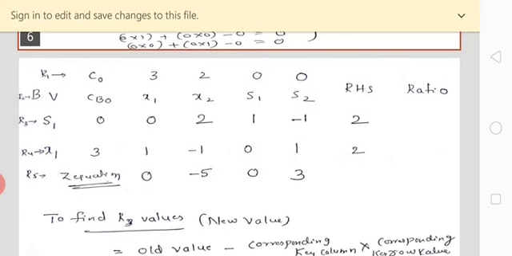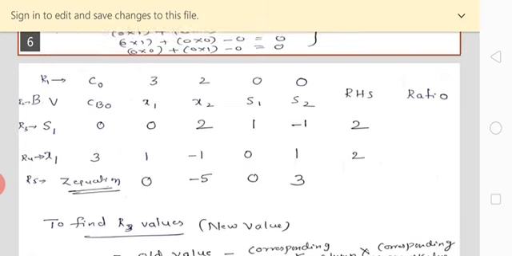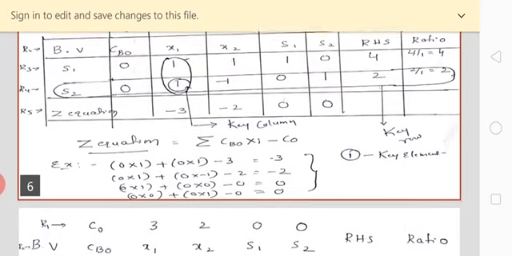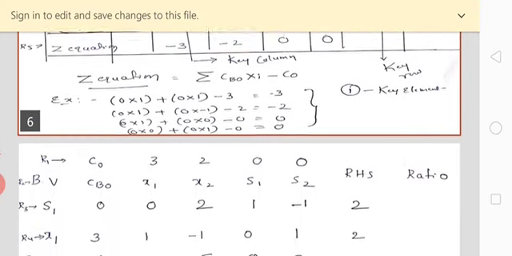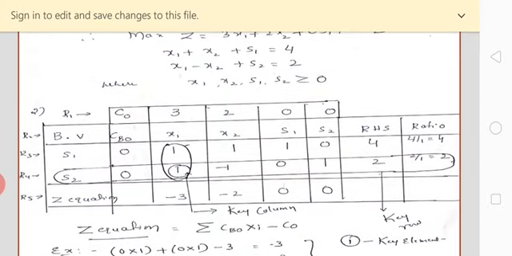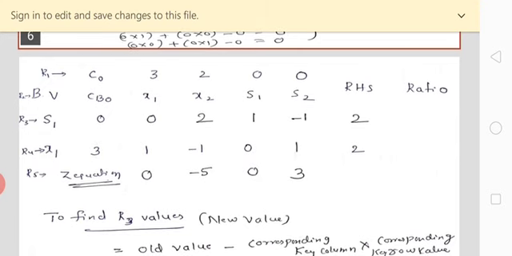See here, the quotient of the objective function will be as it is written, it will remain the same, that is 3200. And observe the basic variable column: s1 is there, whereas s2 will be leaving now, x1 is entering now. Here the s2 value in the objective function will be 0, that's why I wrote 0. Whereas when you write x1 here, the objective function coefficient of x1 is how much? 3. That's what I have written here.